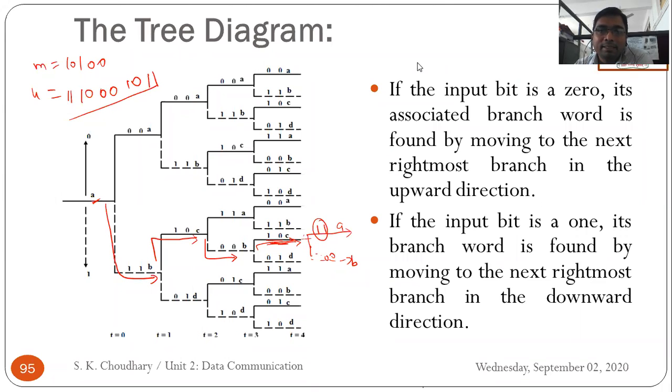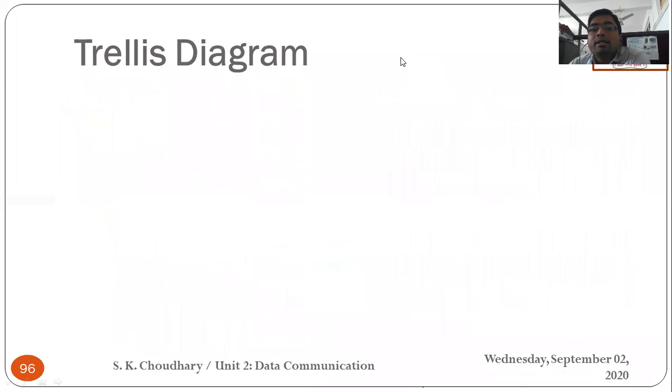So what is the solution of this problem that occurred in the tree diagram? The solution is another method that is called the tree list diagram. Now the time is less to cover this particular topic, so I want to make an interaction with you in this particular lecture. For today, this is the end of the topic actually.